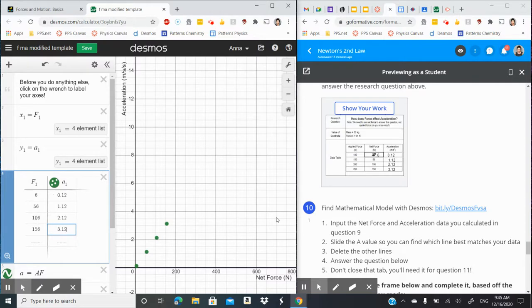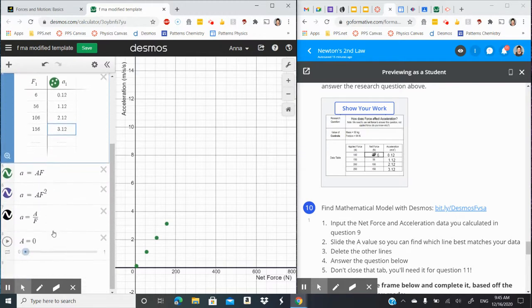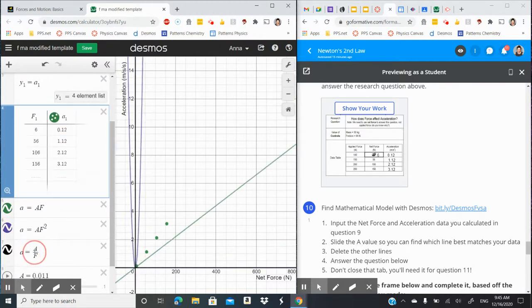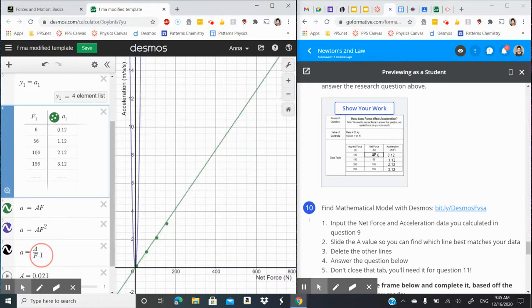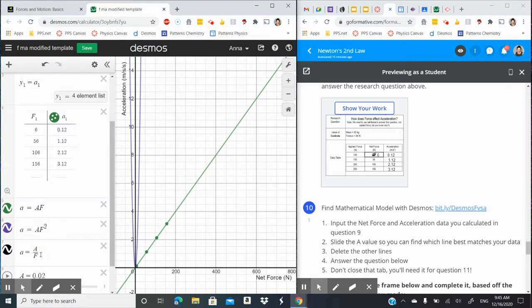All right. Slide the A value so you can find which line best matches your data. Oh, what? It's a straight line, linear? Crazy. Awesome. Delete the other lines. All right, so it looks like this purple one does not fit our data, so I'm going to go ahead and delete that. And this black line, I don't even know where it is on here. The black line does not fit our data either. So we just have